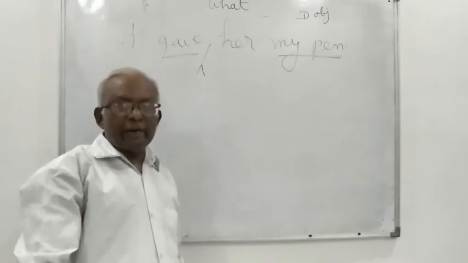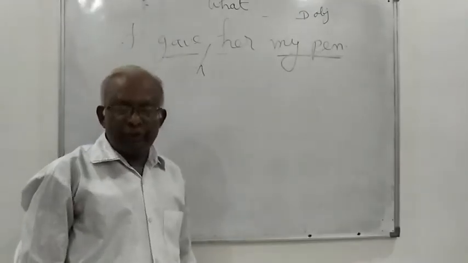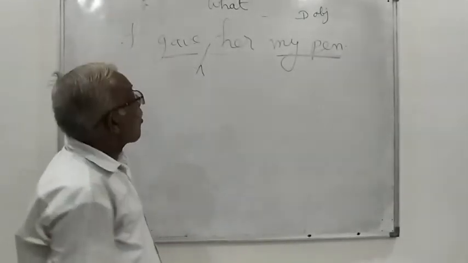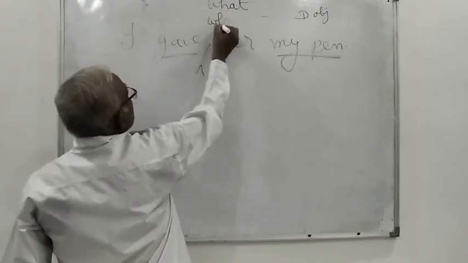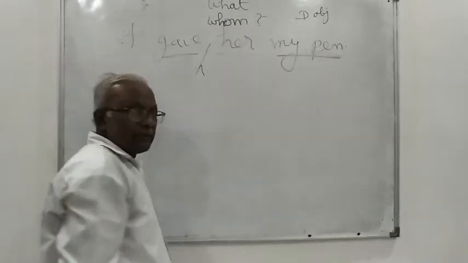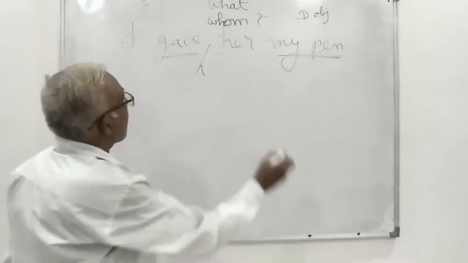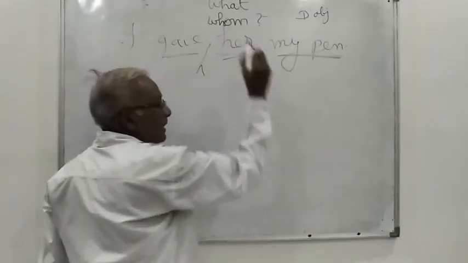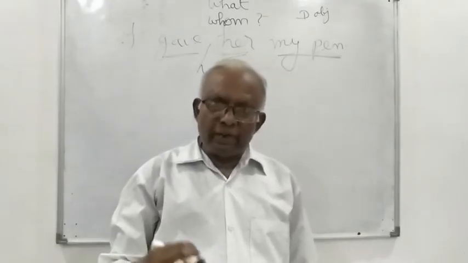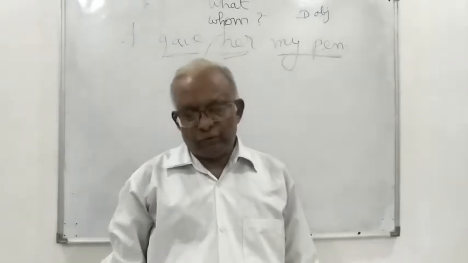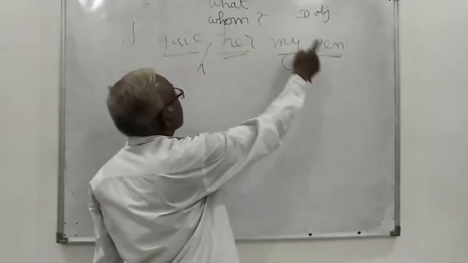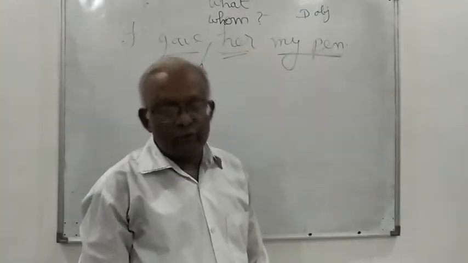Because we can also have yet one more object here. I ask the question, I gave whom? When we ask the question whom, this time you have the answer, I gave her. Her is also object. And I told you here the word her is used in dative case, meaning thereby indirect object. There is already an object and here there is an indirect object.